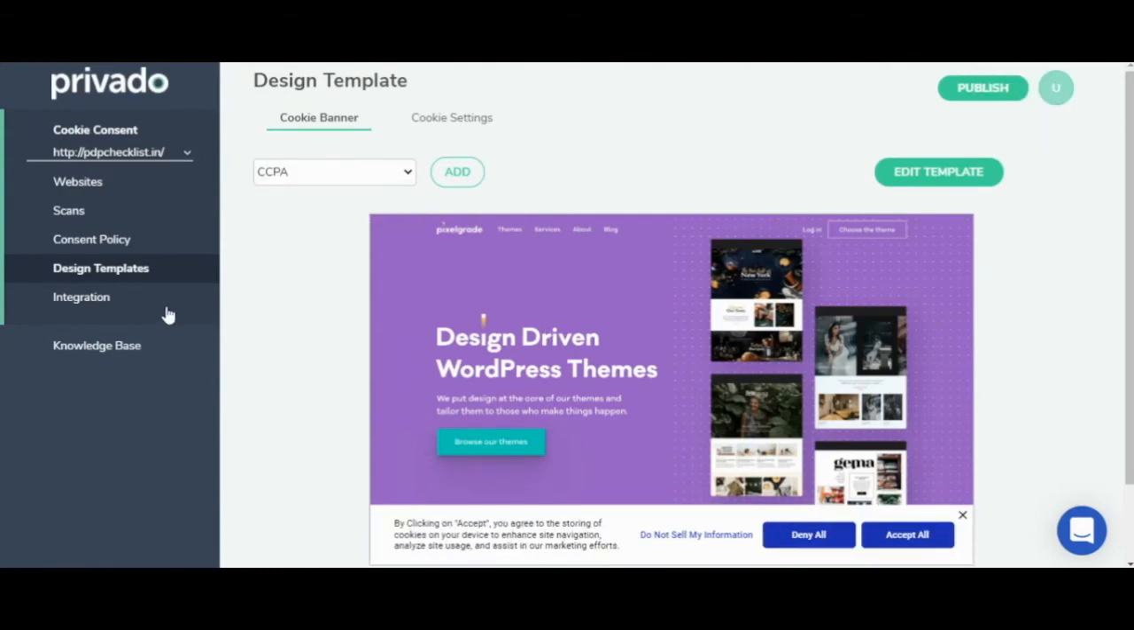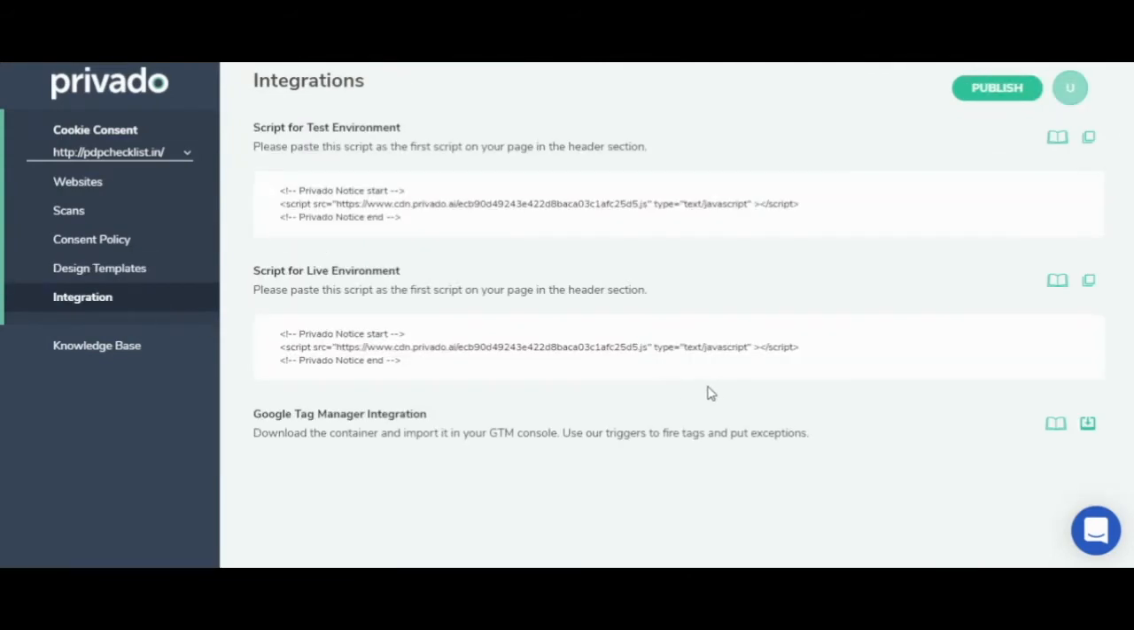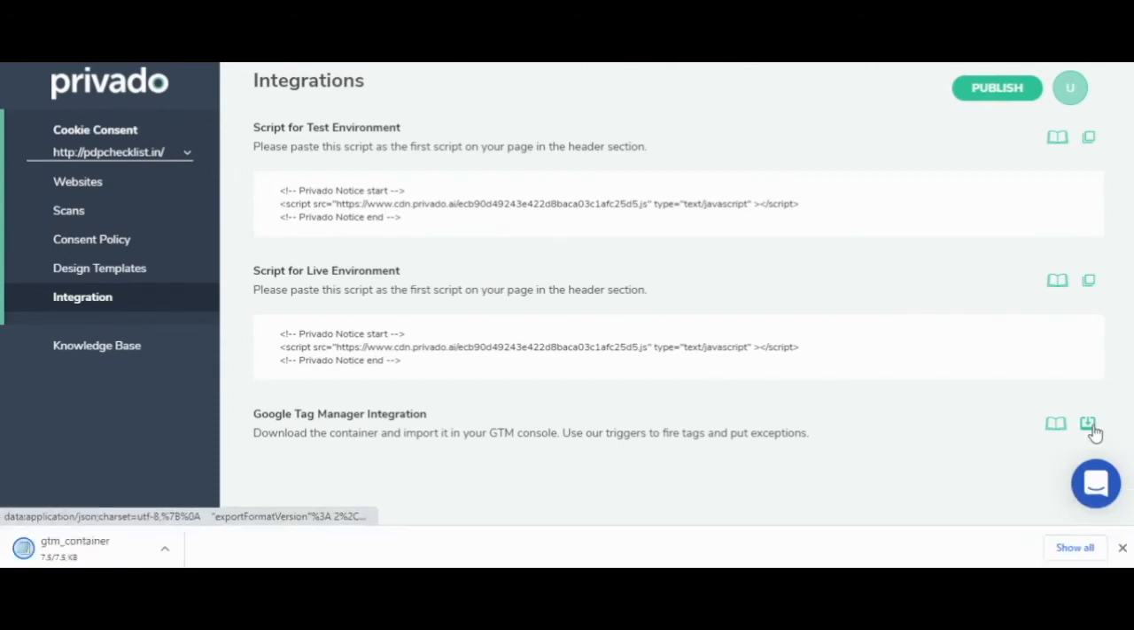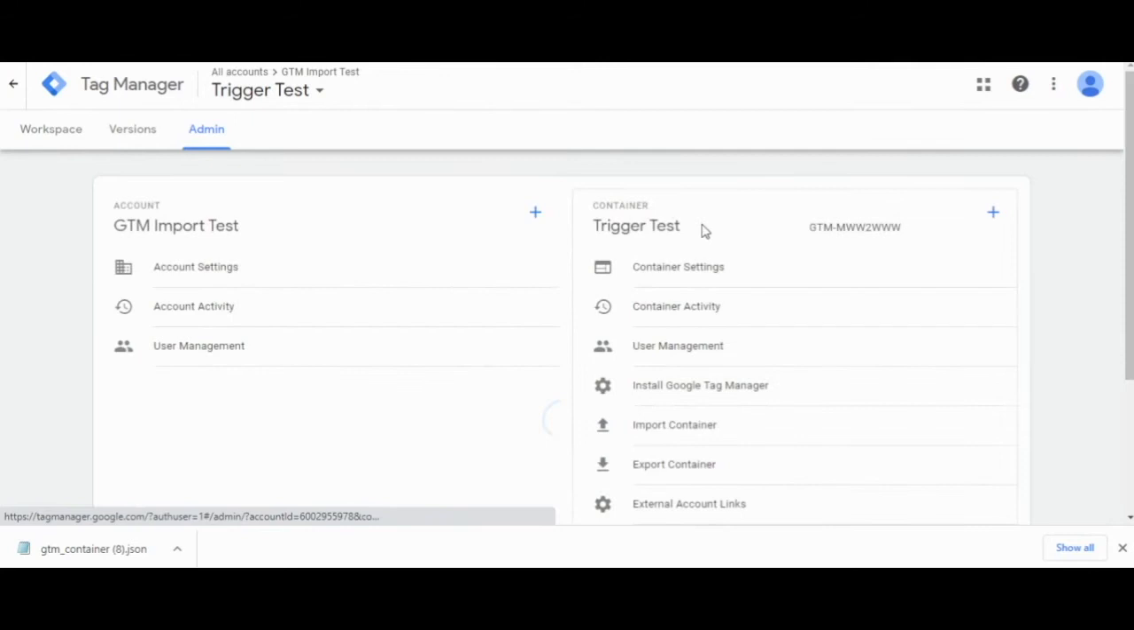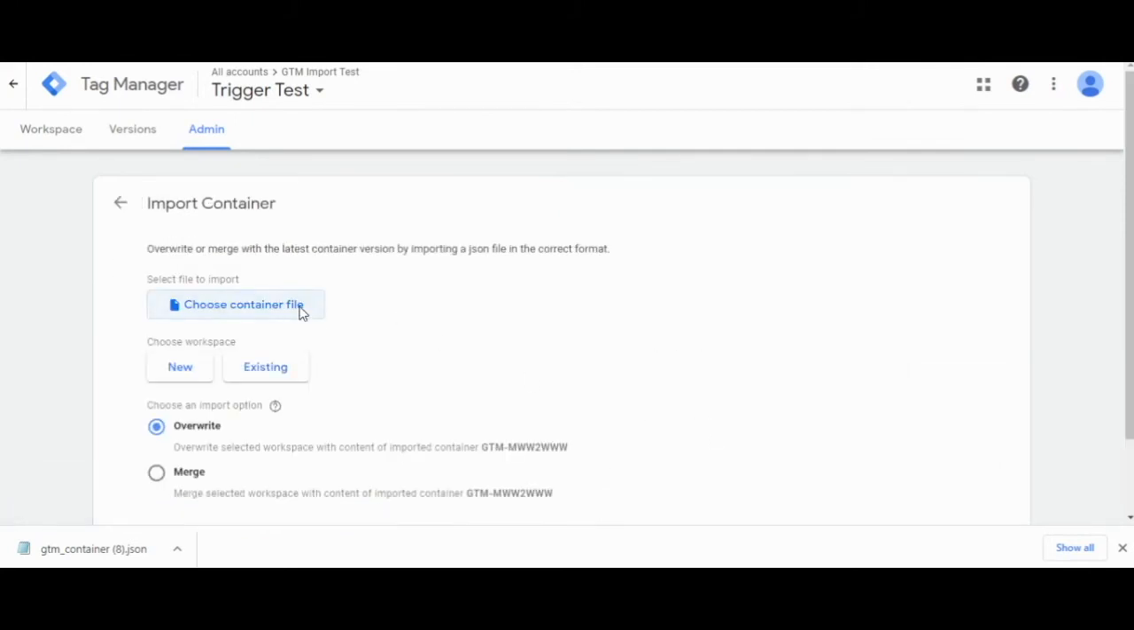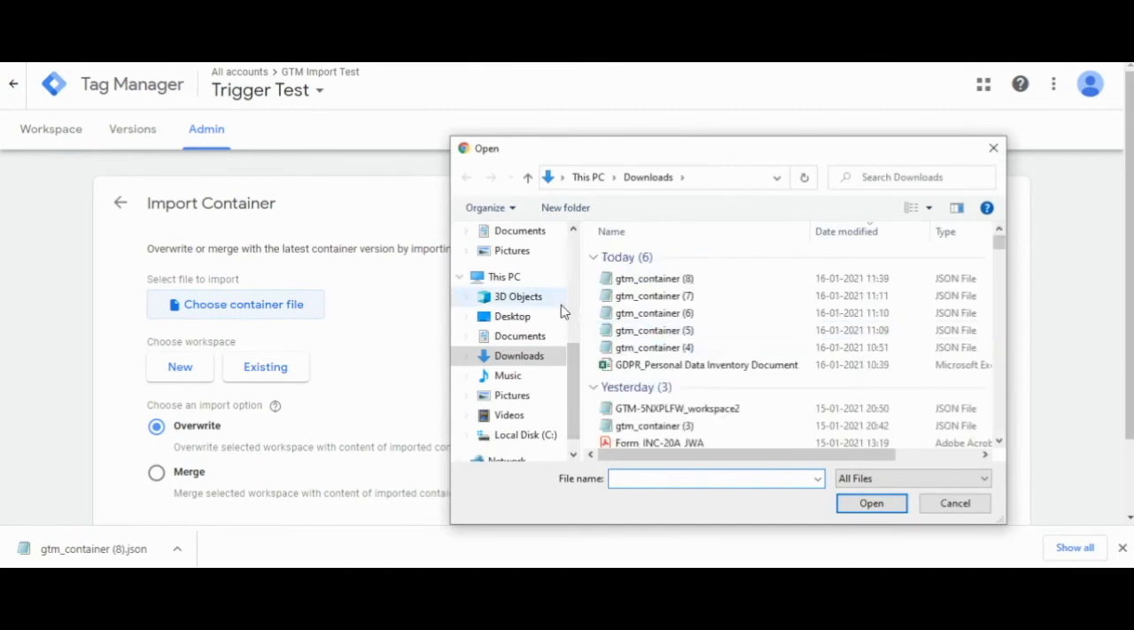Once you have done all of it, the final step is to integrate the script in your website. For Google Tag Manager, click on this download button, and we will download the container, which you can then open in your Google Tag Manager and go to the admin section. You will see an option to import a container. So click on import, choose the container that you just downloaded,